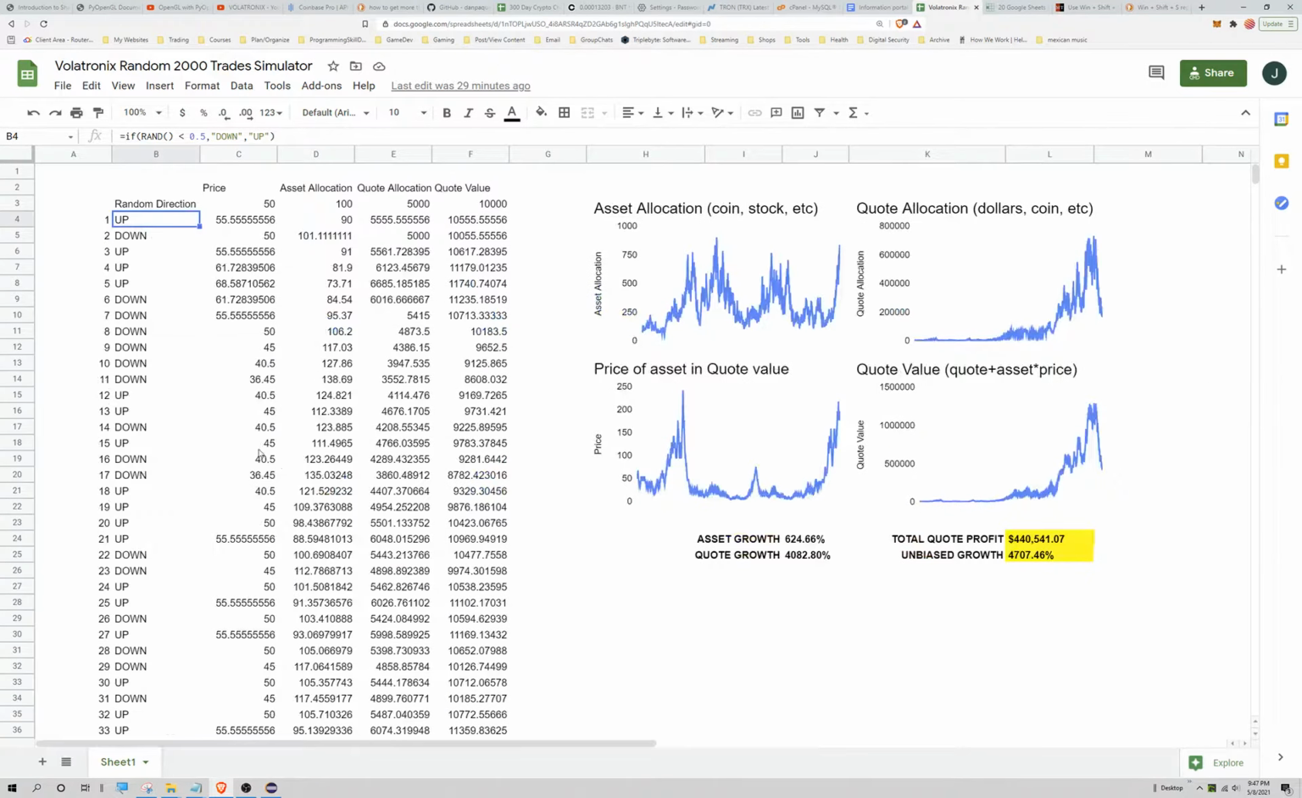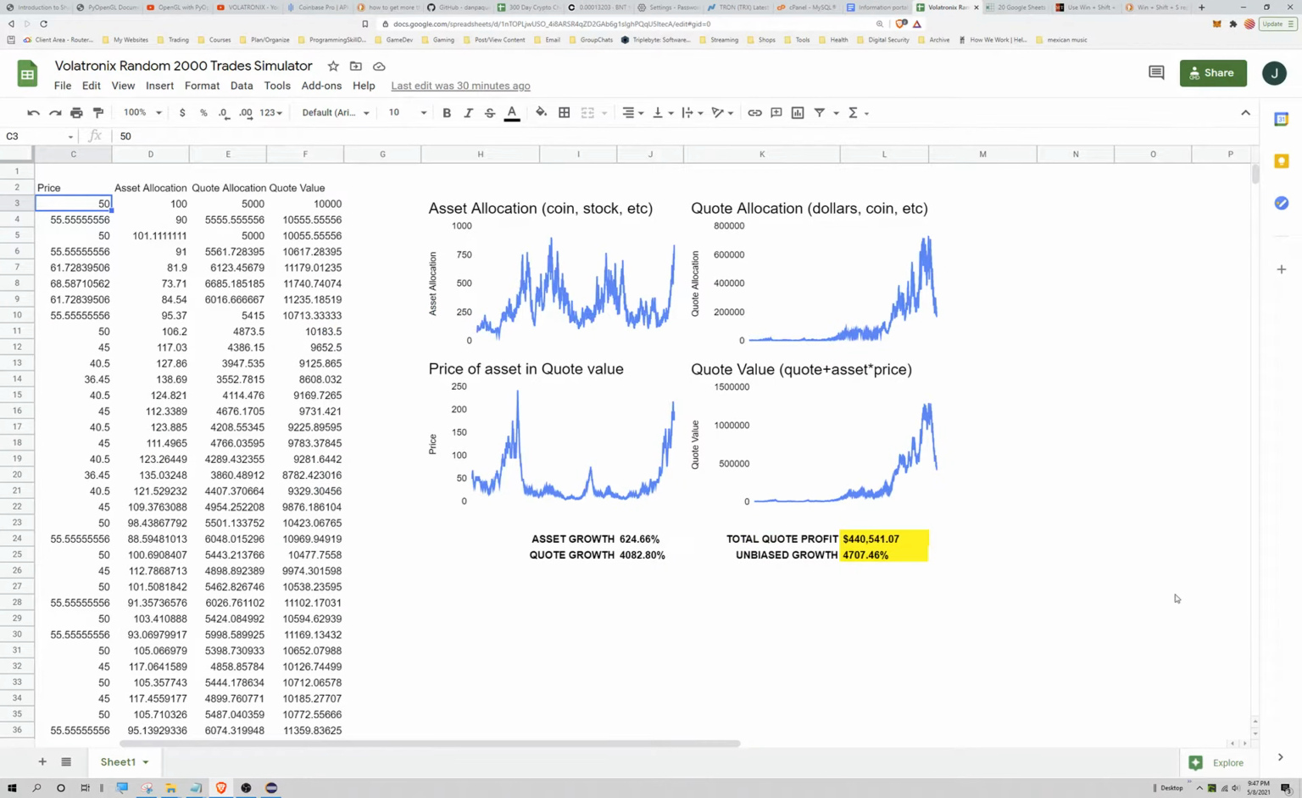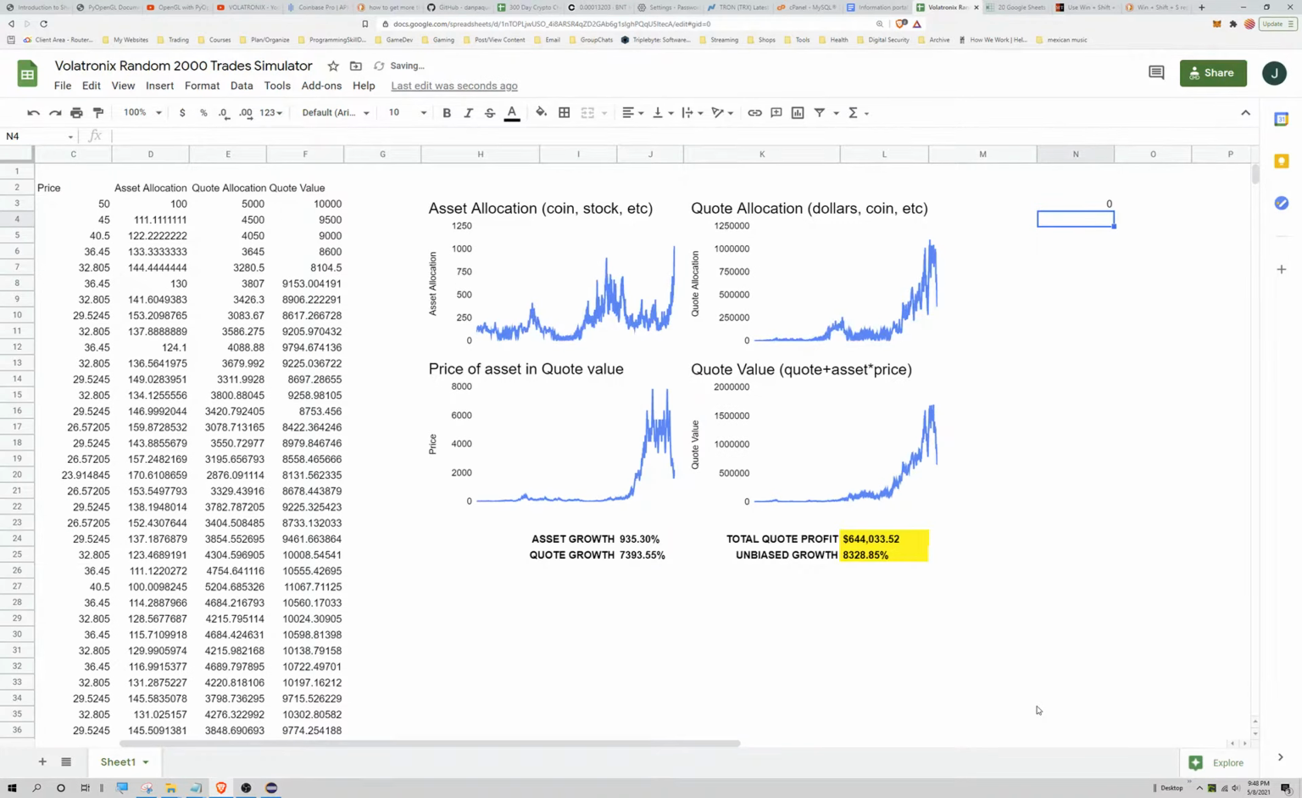For example, here we are starting with a price of $50. We have 100 of some coin or stock. So that was $5,000 we spent. Now we've got a $5,000 allocation, and a total value in this market invested is $10,000. So you had $10,000, you took half of it, you bought the asset, and it started off at $50. Okay. So now to refresh, we can add anything anywhere, make a change somewhere in the sheet, and it'll recalculate